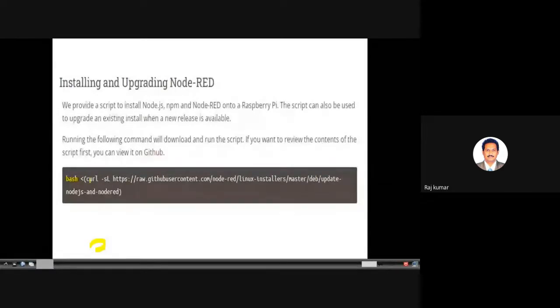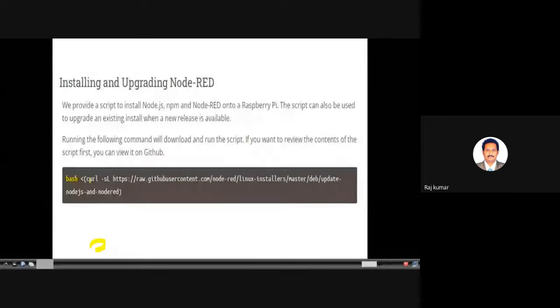One more thing: curl is a command line tool to transfer data to and from a server by using protocols like HTTP. Here we are using HTTPS, the secure layer, followed by the URL of raw.githubusercontent.com, then the folder node-red.